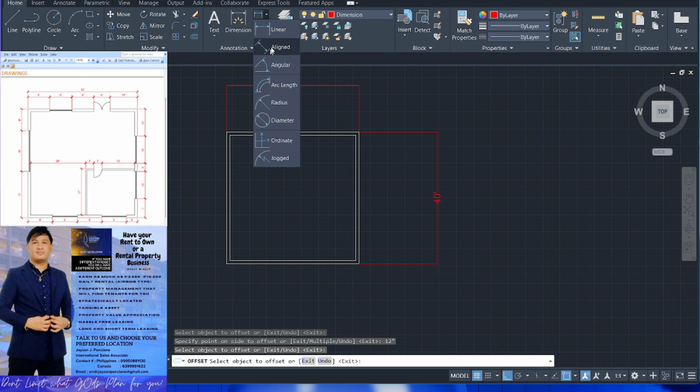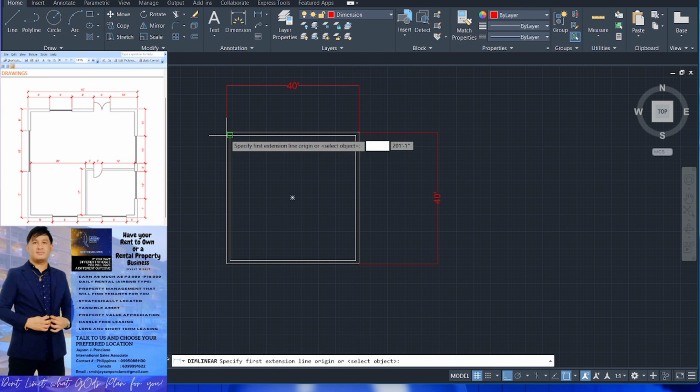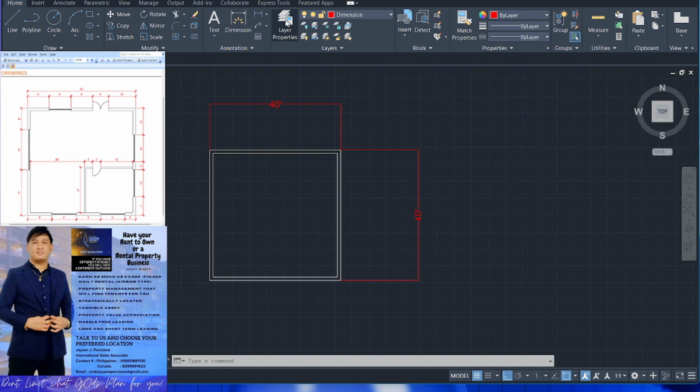So just click the linear and just follow the measurement on the drawing. For example, dimension linear, then click first, then click, type 8 feet,